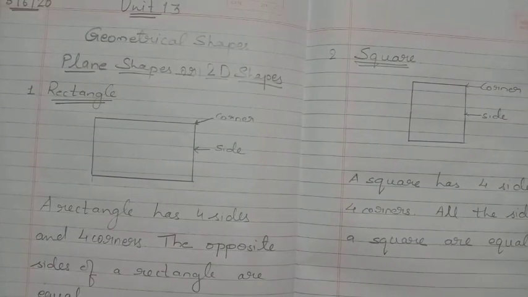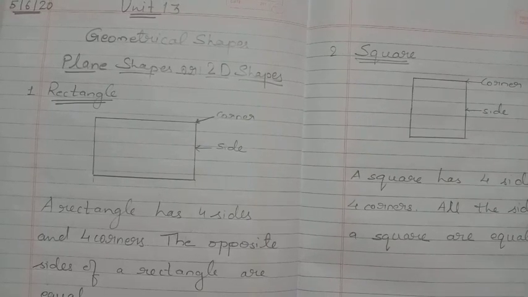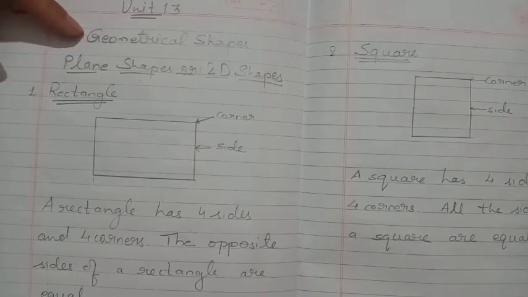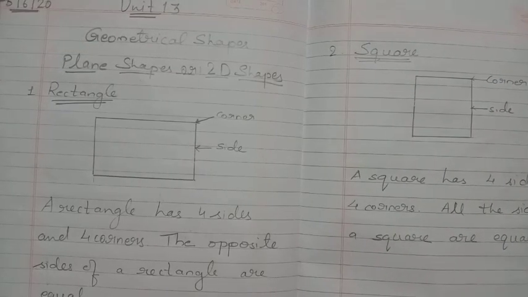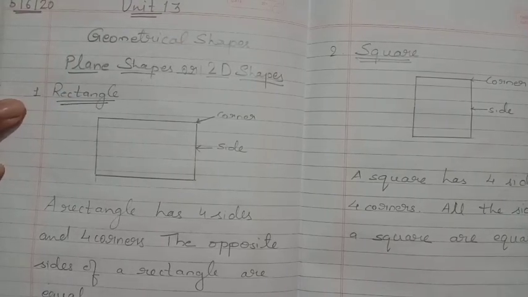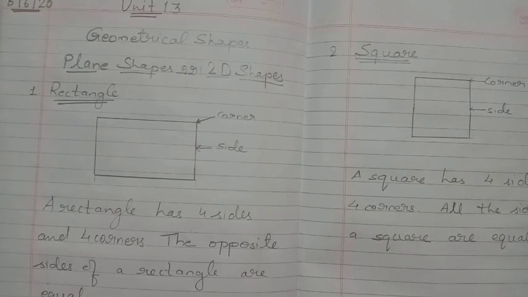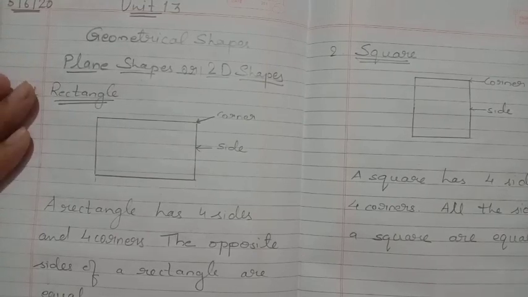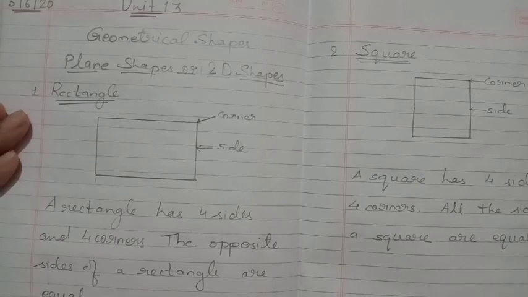Children, now see some notes and points I have given to write in copy, which is uploaded on our school's website. Okay, this is the way you have to write in your copy. Write the unit number, then name of the unit, geometrical shapes, write the date, heading, and then first is plane shapes. Okay, so draw one shape and write the details of the same shape on one page only. One shape is to be done on one page only.